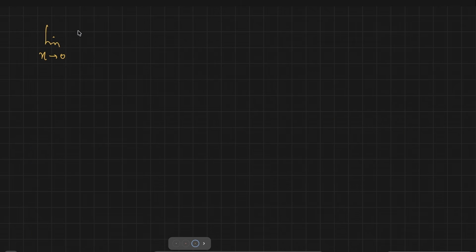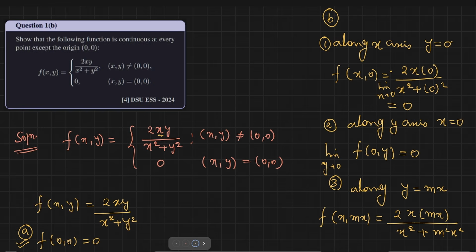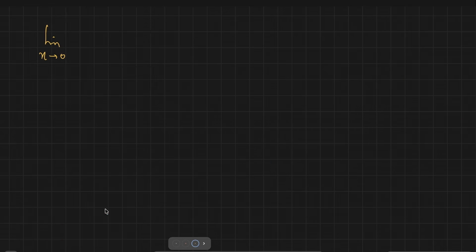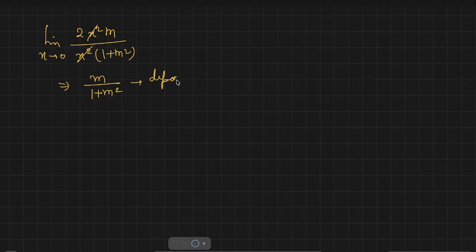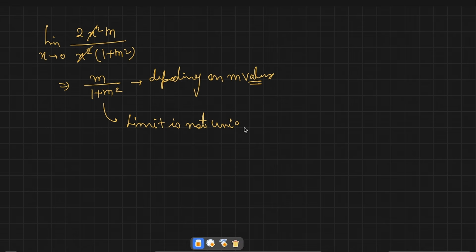Now as it is tending to 0, it will be 2x square. So it will be 2x square over x square, and I can take common 1 plus m square. So now see here, by applying this limit, it is m upon 1 plus m square, which means it is depending on m values. If it is depending on m values, it means the limit is not unique. And once the limit is not unique,